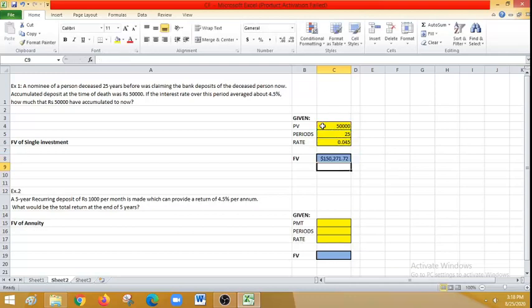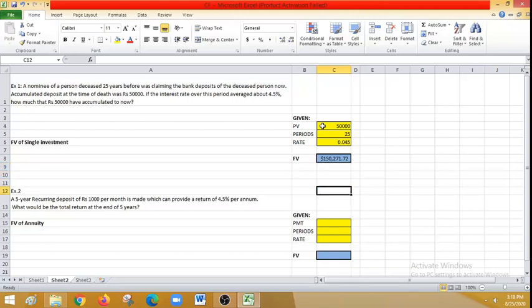You can see here that the 50,000 rupees, which was worth that 25 years back, is now 1,50,271, right? As said earlier, this kind of problem can be extended to test what is going to be the return out of a fixed deposit that is made for a few years. If you want a practical example, this is how to know the future value of a single investment.